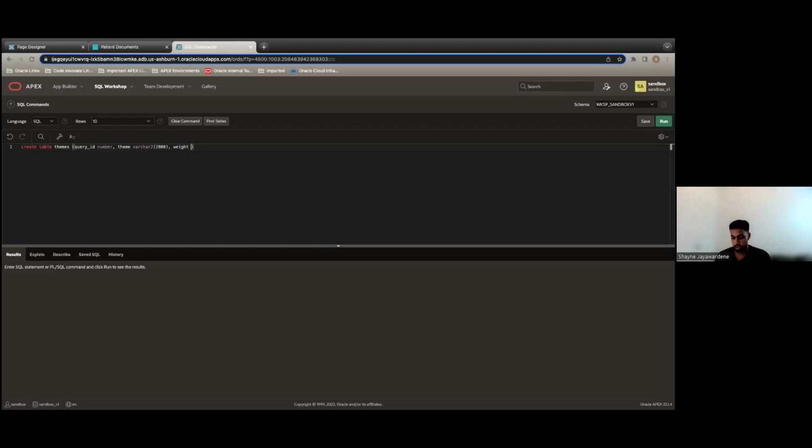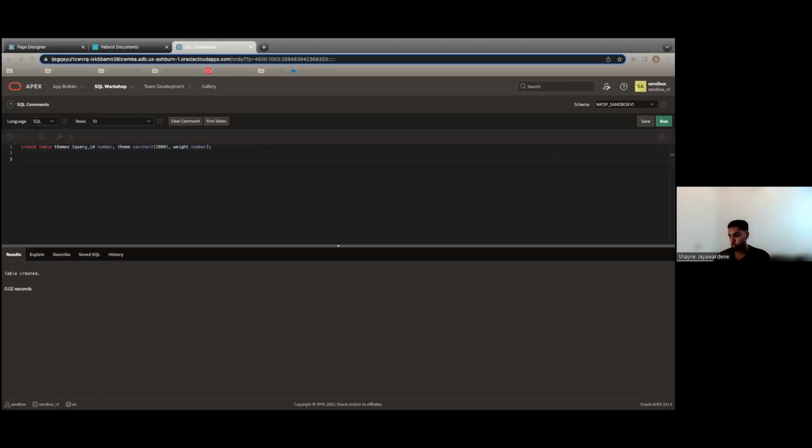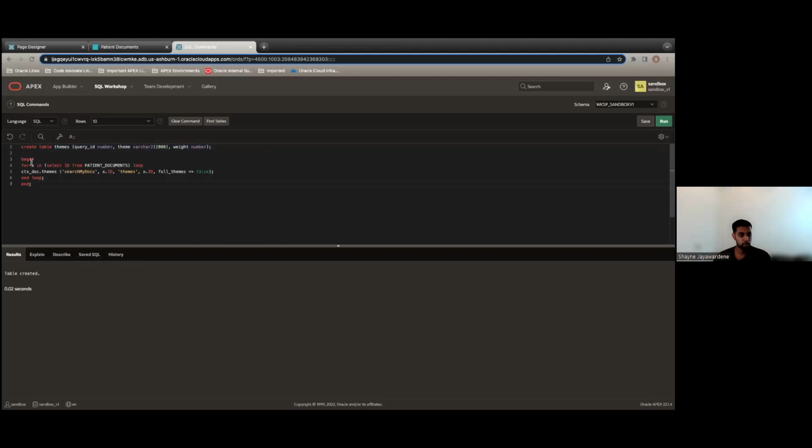Weight is how we will organize how strongly that theme is found within our respective documents. So weight is basically going to be how we order those documents for the end user. So if we create this table, then we need to go through and loop in the table and run a function based on every record within the documents table. To do that, we can simply do a for loop beginning with the first document in the table. We're going to run the ctx_doc.themes function, and it's going to look through all the records and generate the themes and store it back into the themes table here. And so if we run this,